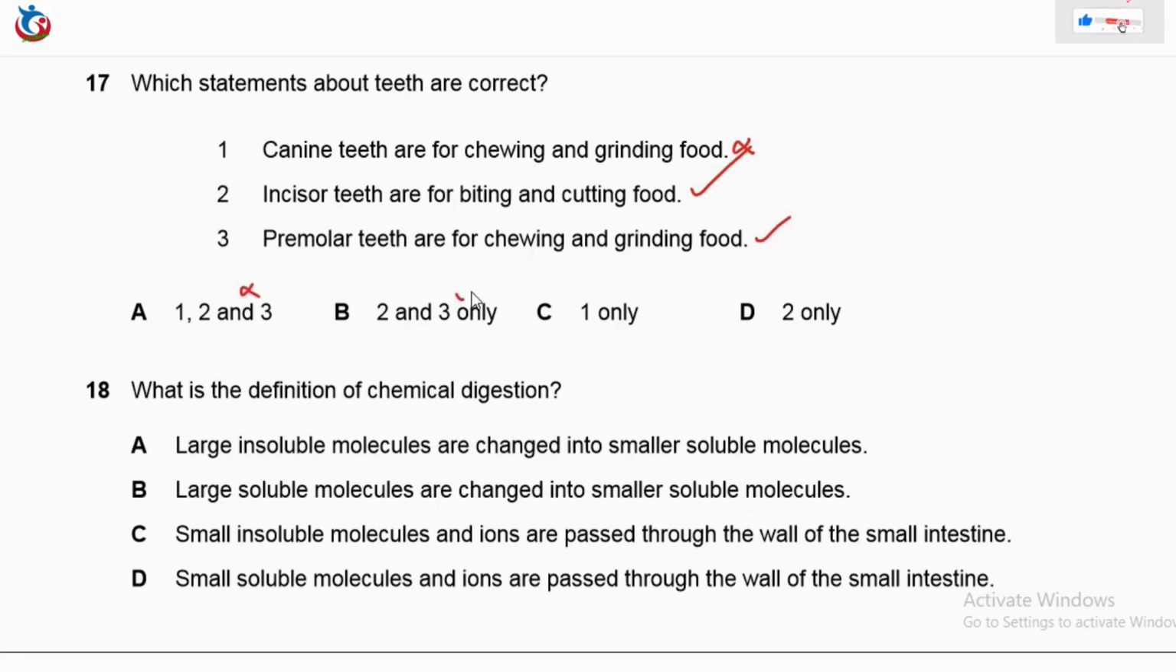It is 2 and 3. It is not 1 only, neither is it 2 only. So our correct answer here is option B. So straight we move to